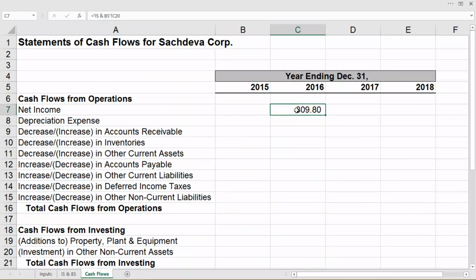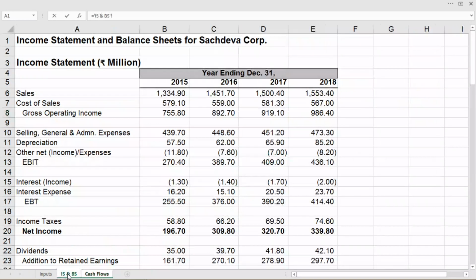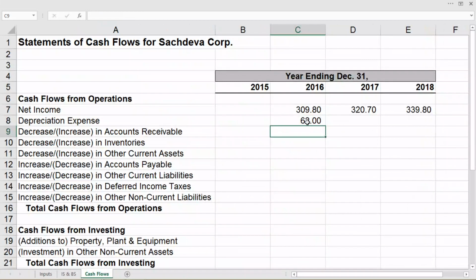We will have this value for net income, and drag for the other years. Depreciation expenses, again we will take from that sheet: equal to income statement and balance sheet, depreciation is in the cell C11, enter and drag for the other years.